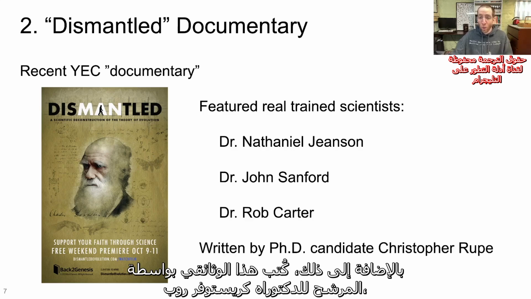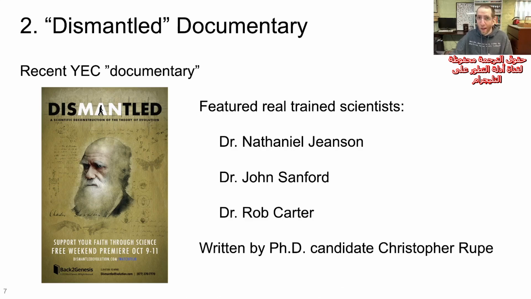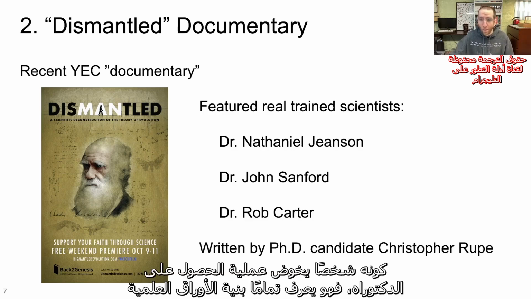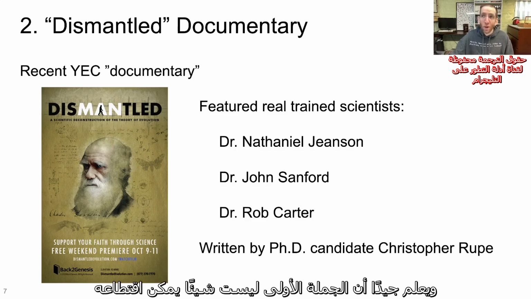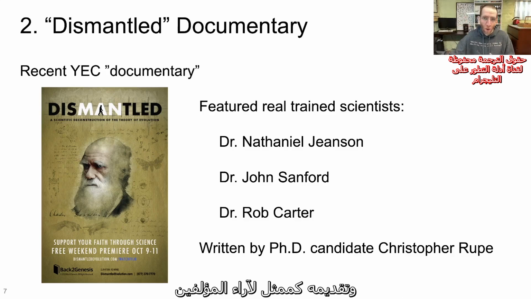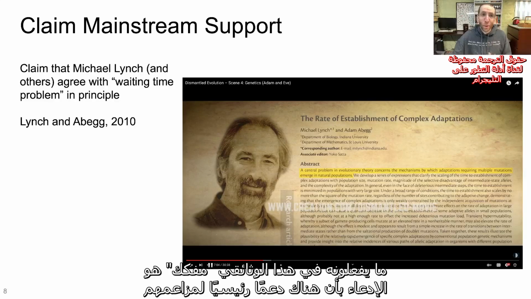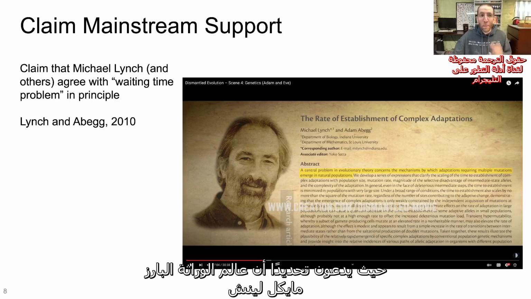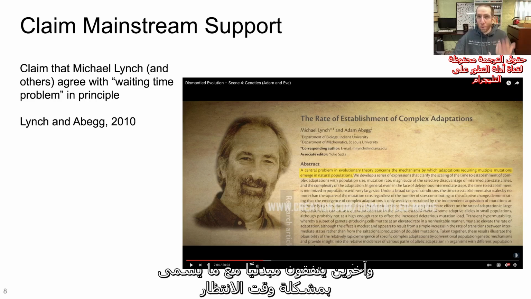Furthermore, this documentary was written by PhD candidate Christopher Roop, soon to be Dr. Christopher Roop. As somebody who's going through the process of earning a PhD, Christopher Roop knows the structure of scientific papers, 100% knows better than to think that that first line is something you can pluck out and present as representative of the author's views. The thing they do in this Dismantled documentary is claim mainstream support for their claims. Specifically, they make the argument that Michael Lynch, a prominent geneticist, and others agree in principle with the